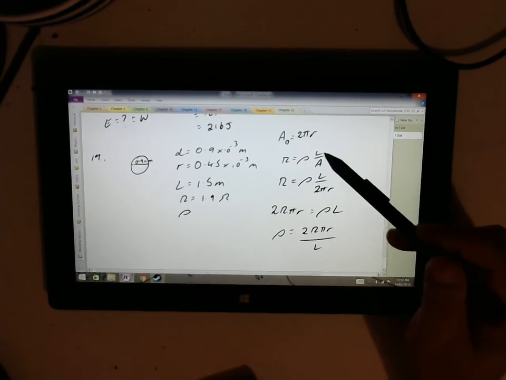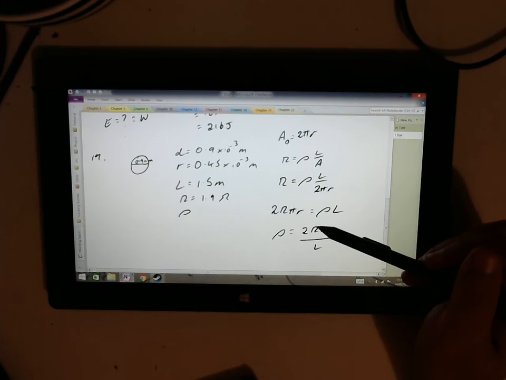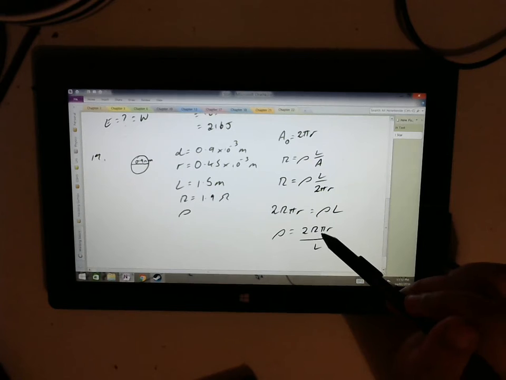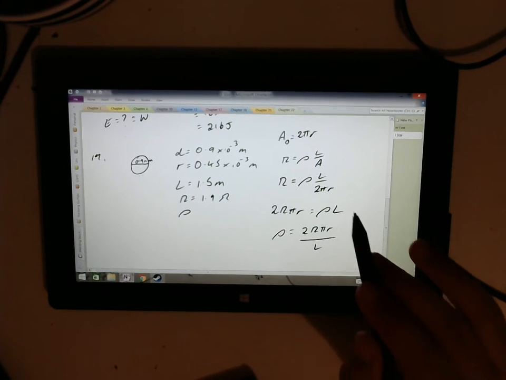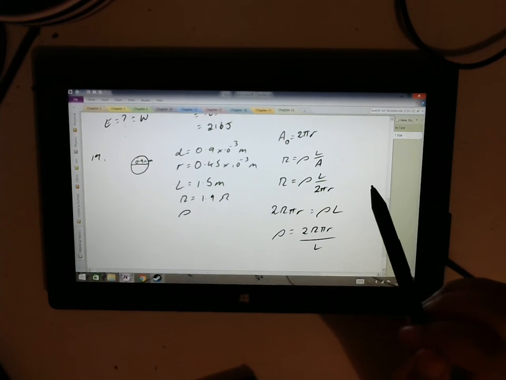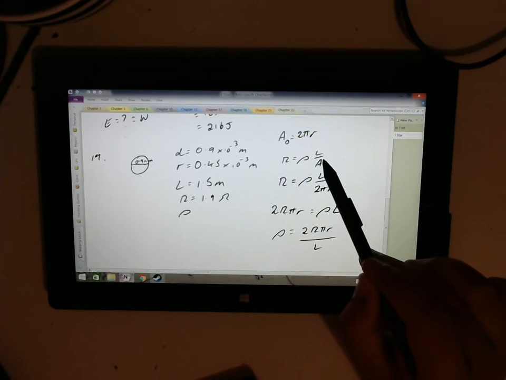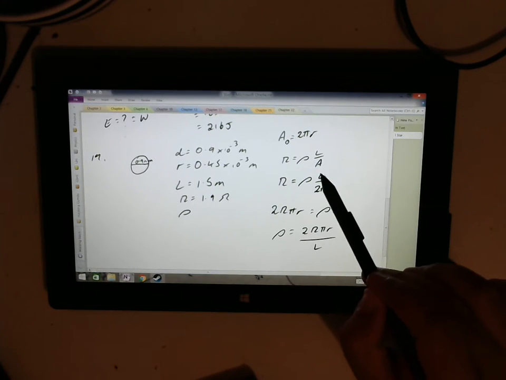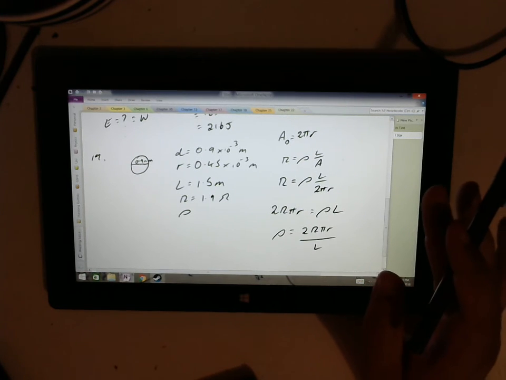Now the advantage of doing things like this, where we're substituting a formula and then rearranging it, is now I can just put the numbers directly in, plug it in my calculator, and I don't have any rounding errors. That can save us a bit of precision down the track. Don't feel that you have to do that though. I mean, if you solved for area first, you substituted length and area and got that to be a number, and then just divided that number over the top,